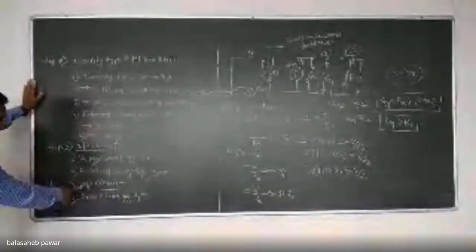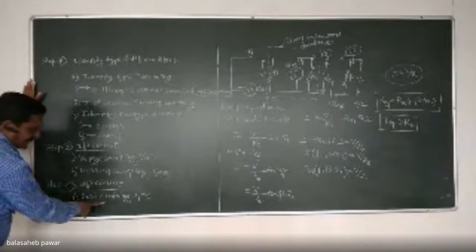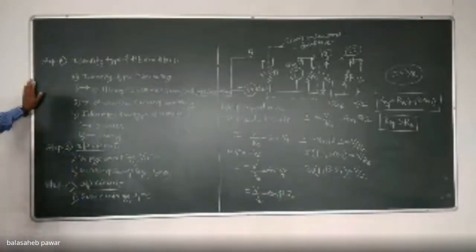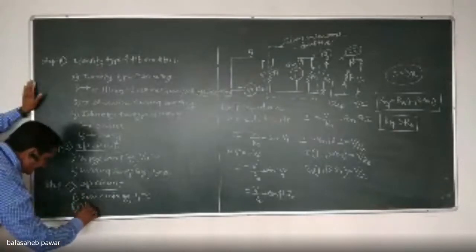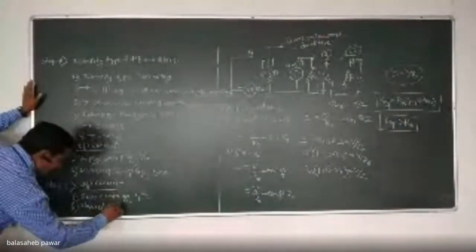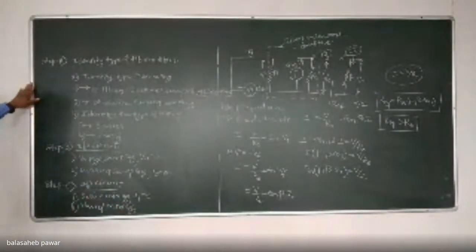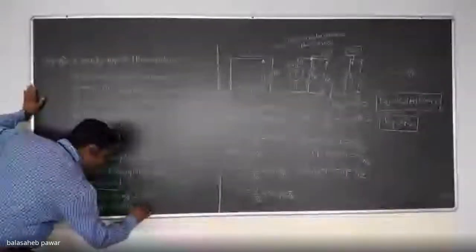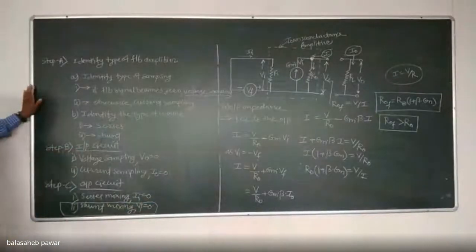We are drawing the output circuit, but where do we have to concentrate? We have to concentrate at the input side. Input side means if there is series type of mixing, then make that II equals to 0. And second one, for shunt type of mixing, make VI equals to 0. But you don't have to worry about the second point because shunt mixing topologies are not mentioned in your syllabus, but just note it down. Only two you have to perform, that is voltage series and current series. Okay.